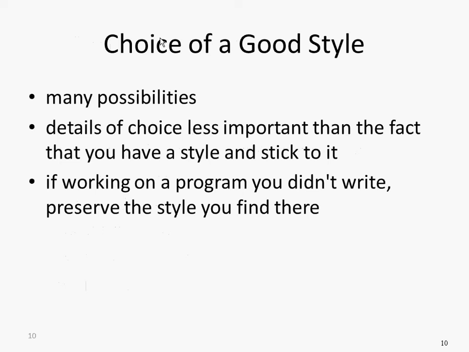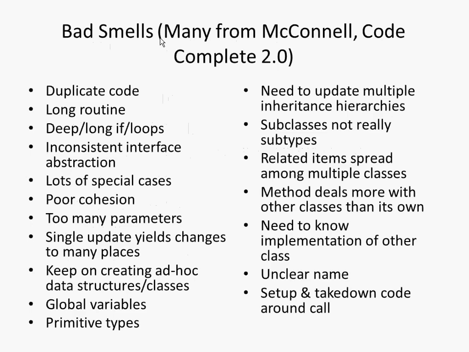The goal here is to try to avoid what are called bad smells in code. This is a formal term used in the industry. It's a formal term used by those who are documenting. They include things like duplicate code, long routines, if statements that go on and on and on, one if inside another, lots and lots of special cases where we're just loaded up with parameters of a function, or where we're heavily relying on global variables. There's a set of other things here, but I'm not going to go through these all exhaustively, just to give you a sense of some things that will make you worry about the code. Okay.